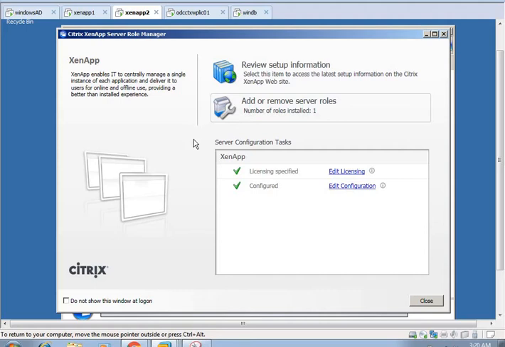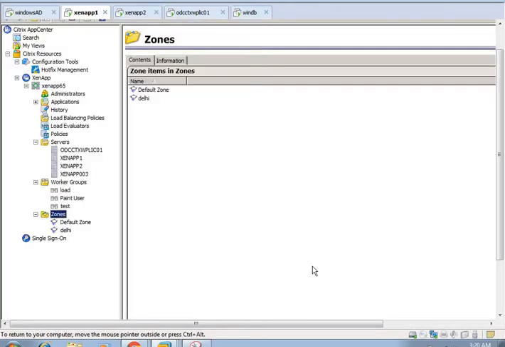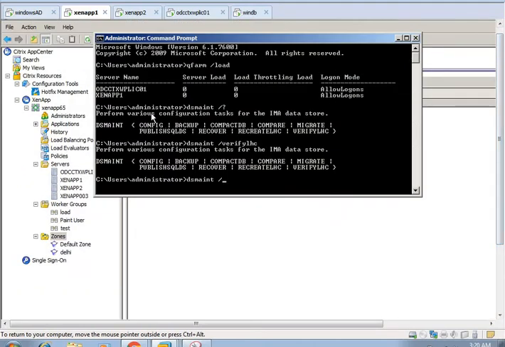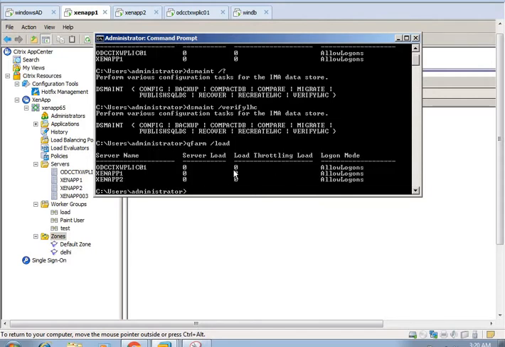then it will show a load of 20,000. A load value of 20,000 means license mismatch. And if we are getting a load value of 10,000, it means the server is on full load. We can see this if we run the command qfarm /load, it will show the list of the servers and the server load. Currently there is no load on the server, that's why it is showing 0.